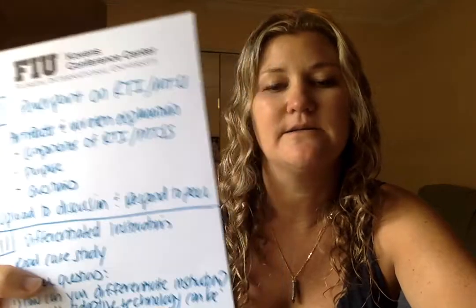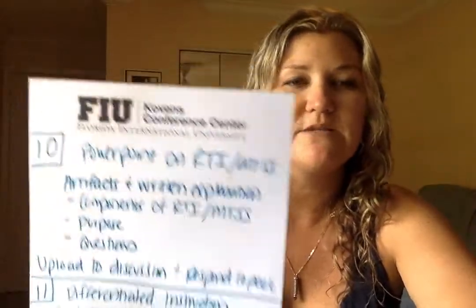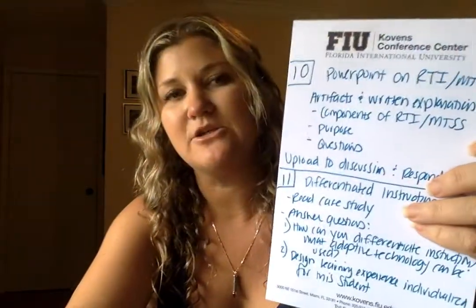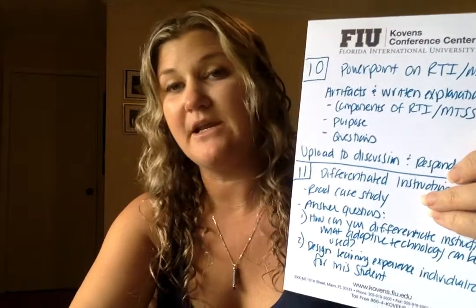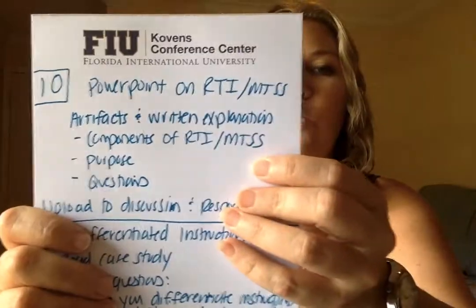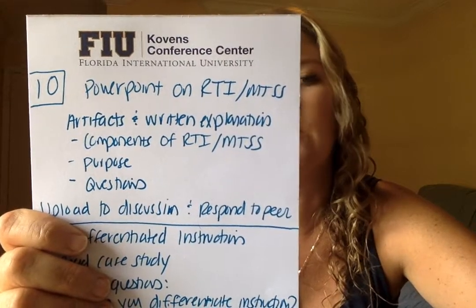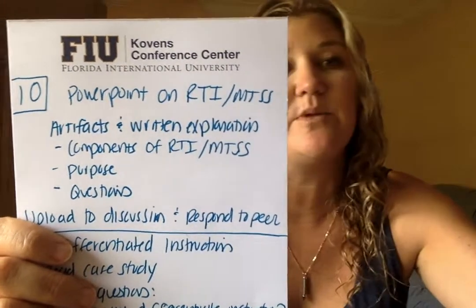so MTSS. And what I'm expecting of you is to use both artifacts and a written explanation of 3 different components. So first, what are the components of RTI and MTSS? Give me a quick rundown. You can use pictures. That could be your artifacts. You can use poems, songs, soundtrack, whatever you want. Just make sure it's not just a written explanation, that you're kind of putting some more stimulation on your